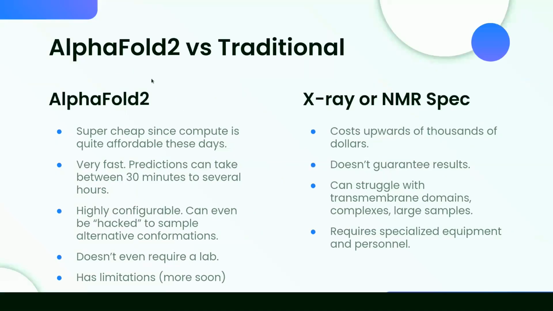So traditionally, if you were to do protein structure prediction, you'd be using a technique like X-ray or NMR spectroscopy. I'm sure everybody knows this, but NMR and X-ray is very expensive. It doesn't really guarantee results. It can struggle with transmembrane domains or complexes or large samples. There's limitations to these techniques, obviously. And it generally requires specialized equipment and personnel or being able to collaborate with people that have access to those